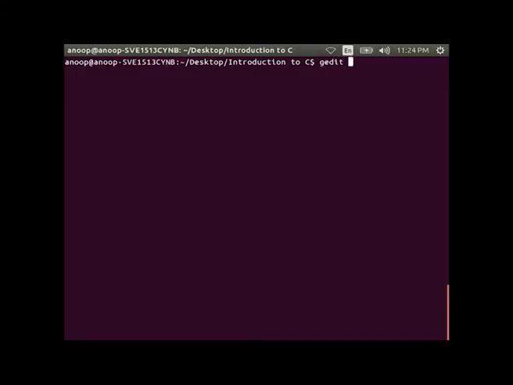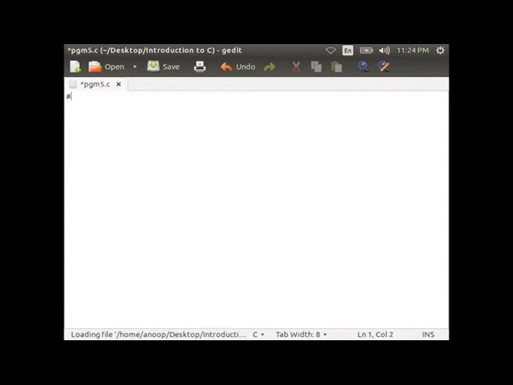Now, let us type this program. Hash include stdio.h, then in the main function int main within curly brace you are declaring int a equal to 3 and int c equal to 5.